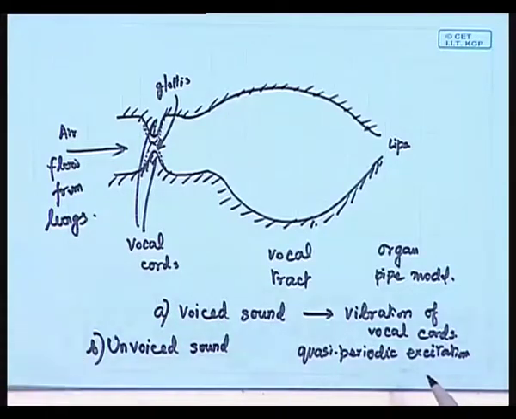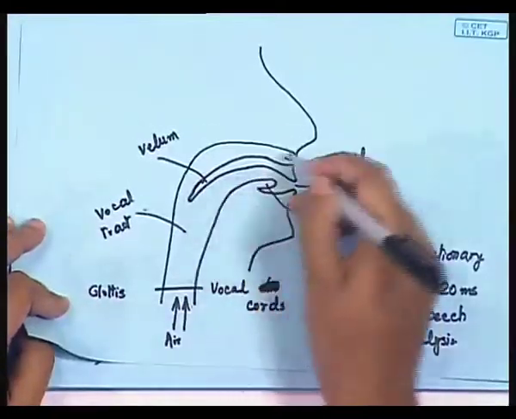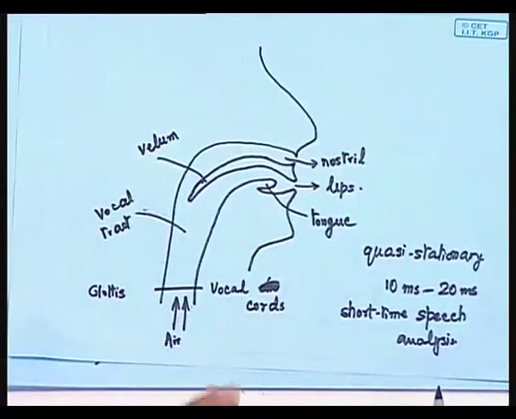So, we assume that there is a steady airflow, but then we use our articulatory organs, as I was mentioning, to produce constrictions in the passage, and the constrictions produce some turbulence in the airflow. That gives rise to a kind of noise-like behavior, and we produce such unvoiced sounds, okay,